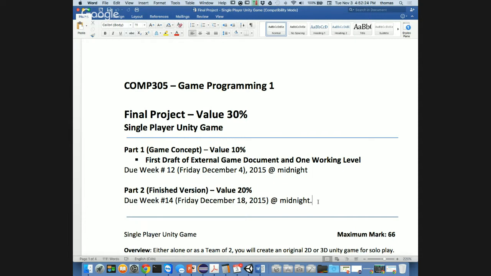Now there'll be no extensions on these things because I'm going to be very tight over the next little while in terms of getting this done, especially when there's 40% of your mark on the line. So that's where a bulk of what's happening is going to happen on the second half.